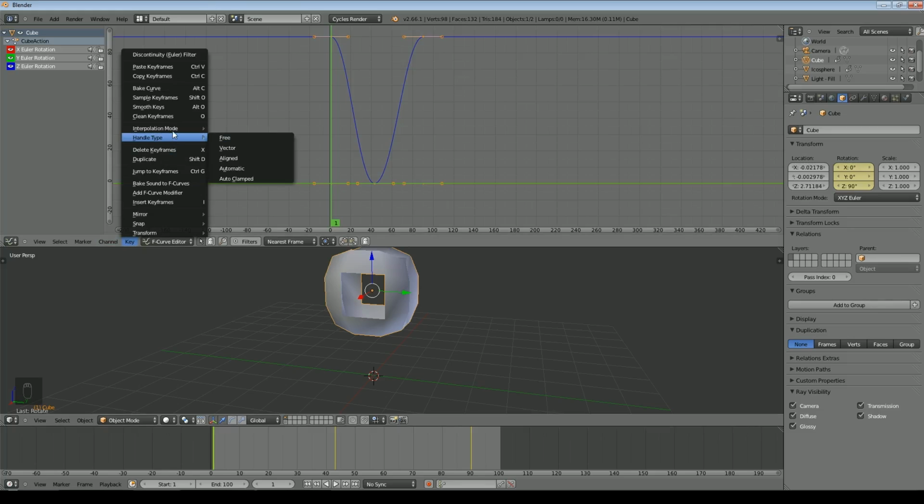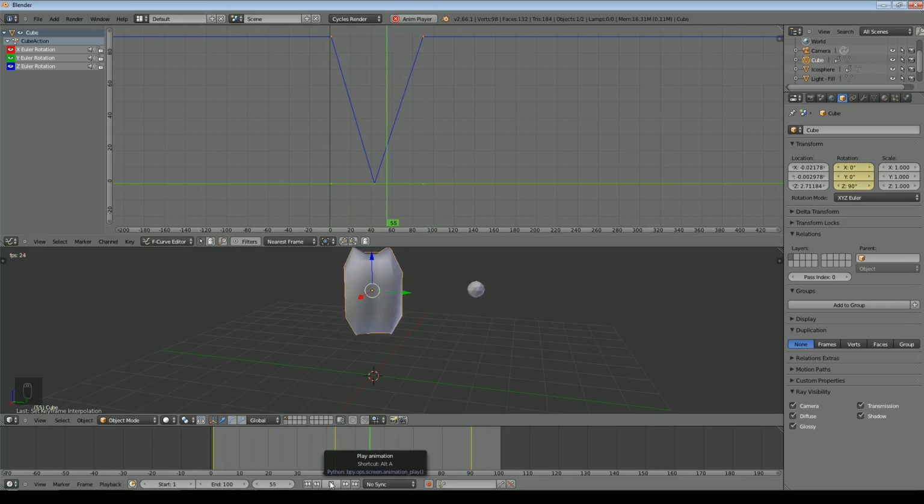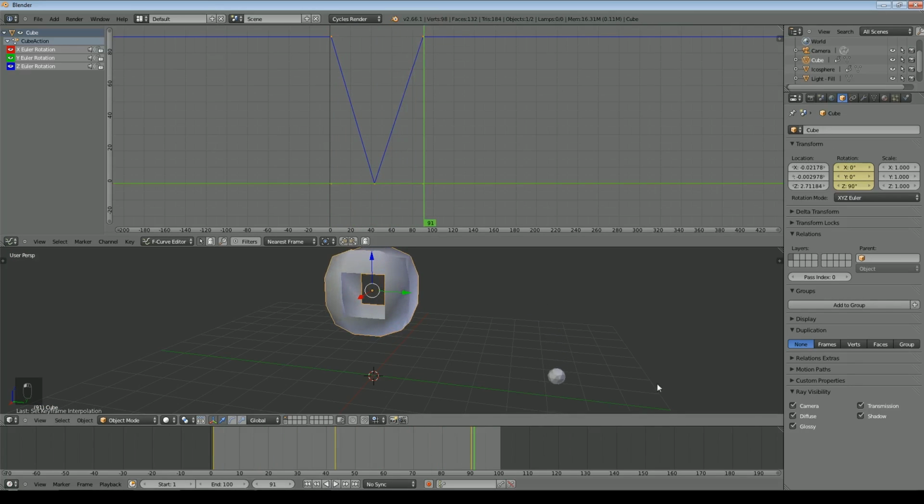We've got it selected already because the object's selected, and we can go down to here and go to interpolation mode, and we can say linear. And with linear, you notice it's very sharp, there's no gradual acceleration and deceleration, it just immediately starts to move. So if we now start that, you can see again it's not fast, but it's much more mechanical, I suppose. And we could do the same to the ball.